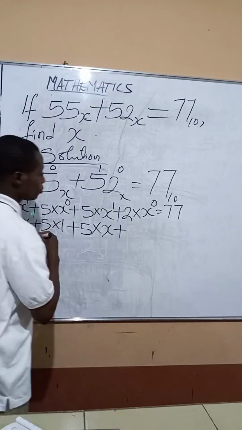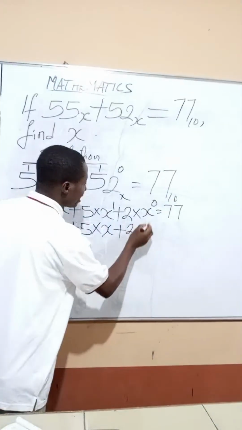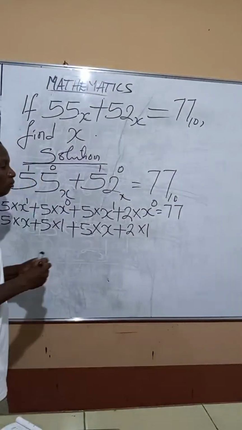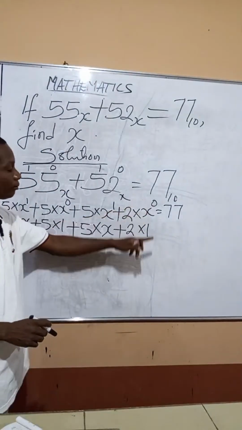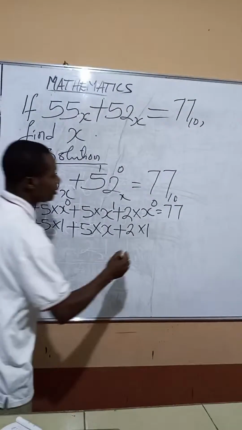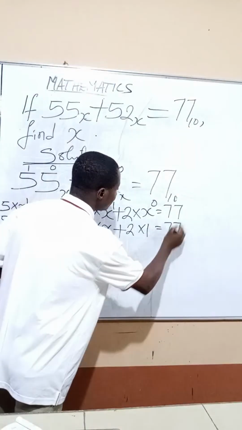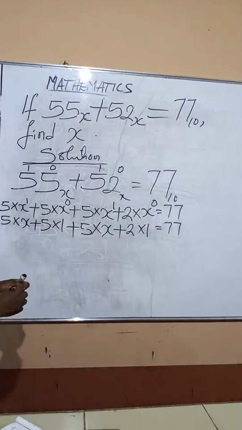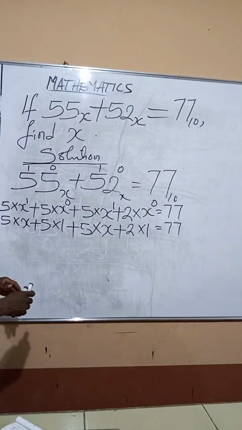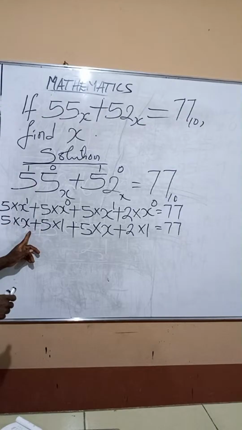So this will now be 2 times 1. Whenever it is raised to the power of 0, just have it like this. And this gives us 77. This gives 77. So 5 times x is